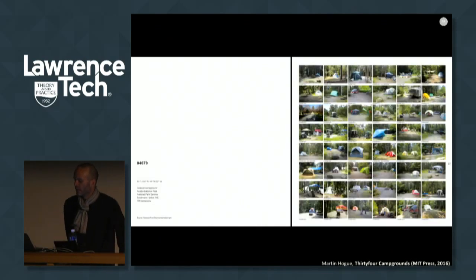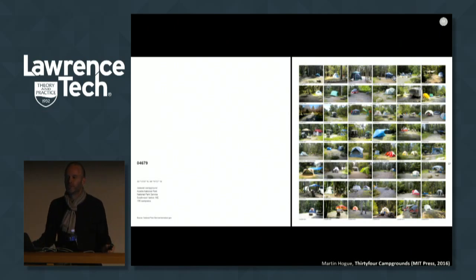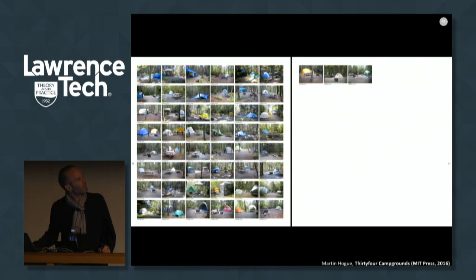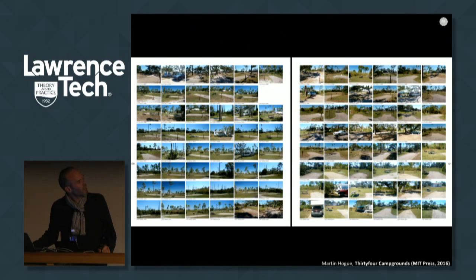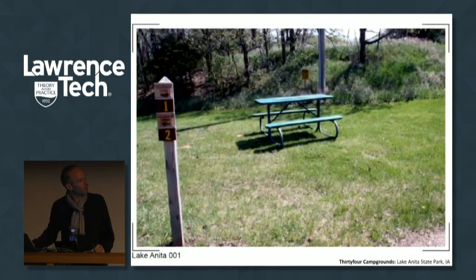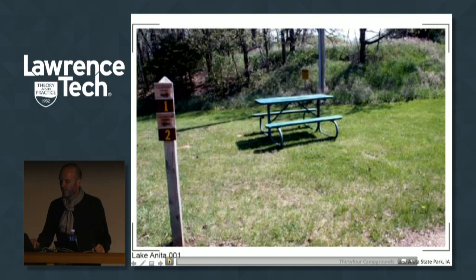And so what I wanted to do in this book is to basically aggregate all of these tiny photographs for 34 campgrounds across the country and aggregate them in such a way that it provides a larger picture of the landscape in which these facilities are located. There are about 6,500 of these photographs in the book that look so much the same, and I think as you begin to look at the book more carefully, there are subtleties and textures that start to emerge from each of the pages that I think really begin to reward